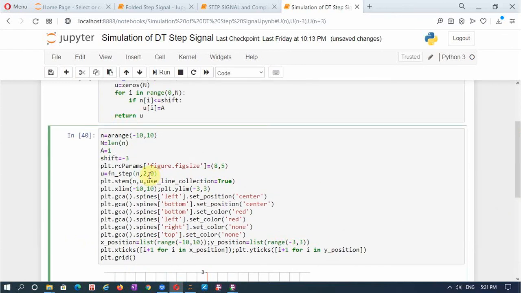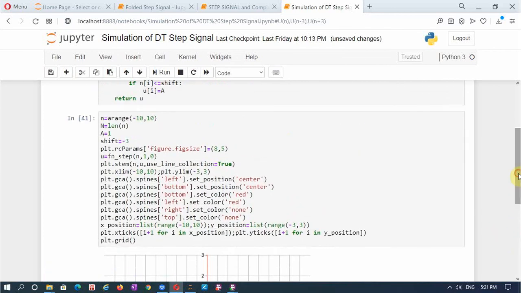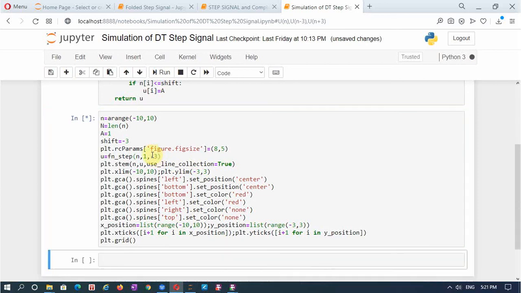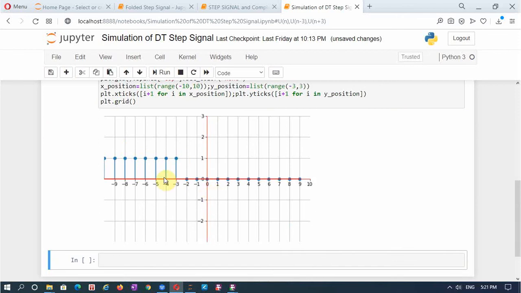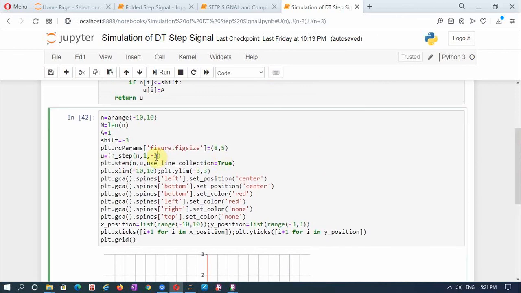So I will give initially a unit step signal with 0 shift. Now see, it is the folded unit step signal. Now I will give a negative shift. If it is a unit step signal, for a negative shift, it has to shift to the right. Now let us see, for a negative shift, it is shifting it to the left, and for a positive shift, it will shift to the right.